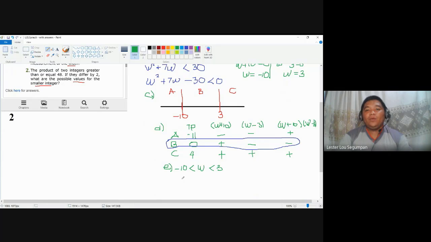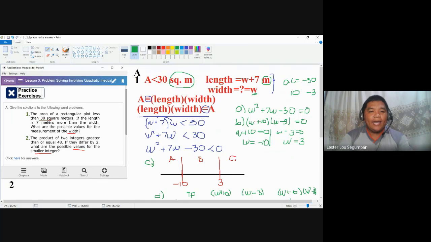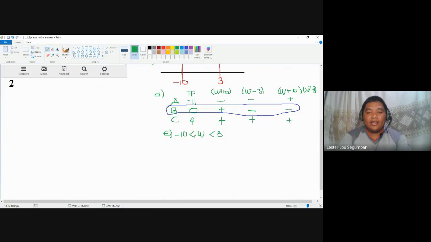But wait now. Let's try to examine letter E and connect it to the problem. If the problem is an abstract problem, say for example already given as a quadratic equation, we will accept all possible solutions in this area. But if we look at the problem, it is talking about area. Area is the product of the measurement of the width and the length. If we talk about measurement, we do not actually have negative measurement. Then, therefore, the negative values here are not possible.